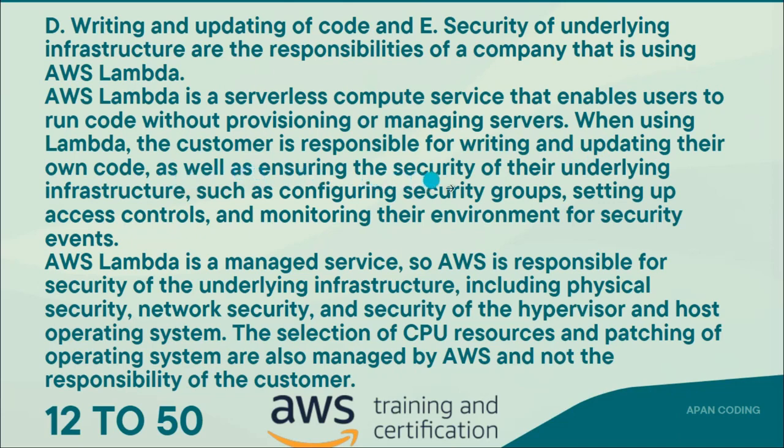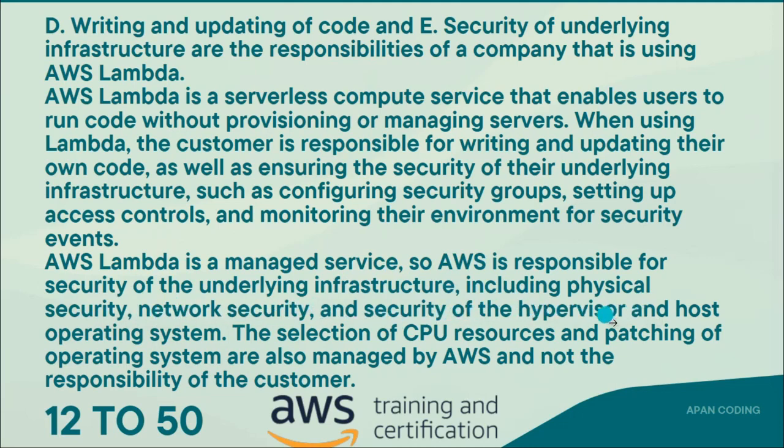as ensuring the security of their own environment, such as configuring security groups, setting up access control, and monitoring their environment for security events. All right, and also, friends, AWS Lambda is a managed service. So AWS is responsible for security of the underlying infrastructure, including the physical security and networking security and security of